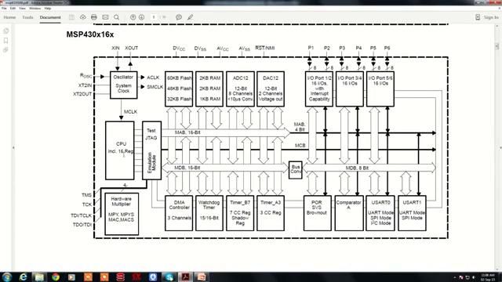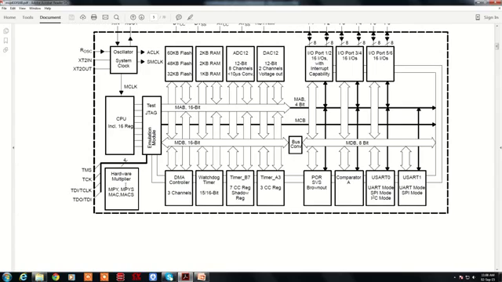Then it has registers, 16 registers of 16-bit, and a hardware multiplier, which is again a unique feature, where hardware multiplier means it will take only one machine cycle to complete the complete multiplication. So that is called a hardwired multiplier. There is a JTAG emulator, where the standard pins like TDO, TDI, TMS, TCK are meant for testing and debugging the controller.